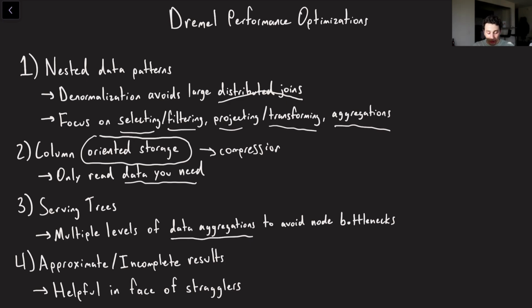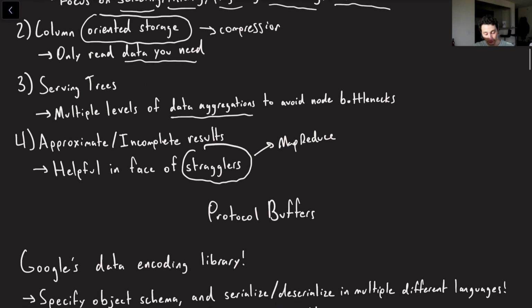And then finally, we can also deal with approximate or incomplete results. Now, when I say approximate results, I don't mean pretty off. I mean very, very close to being right. However, one of the concepts that we've talked about a lot in the past is stragglers. So this came up in the MapReduce paper. You're welcome to watch the video on that one. But the gist is, when you're running multiple distributed jobs, some of them are just going to be a lot slower than others, possibly due to bad hardware or something like that. And as a result, they're going to take disproportionately long to complete. And so potentially throwing out those results might help us out a lot.